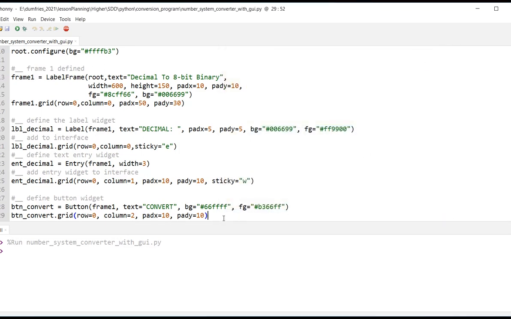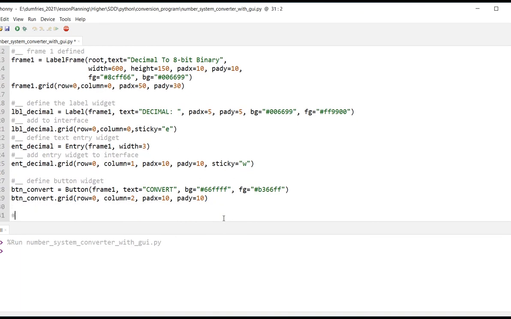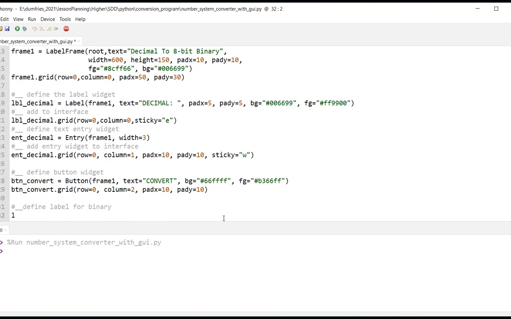Right, what comes after the button? Next thing we want to add is the label for the binary. So define label for binary. So LBL binary, and that's going to be an instance of the label class. So we need to call the label constructor, and as we know, we need to pass in the parent, so it's going to be frame1, and the text for this label will be binary,